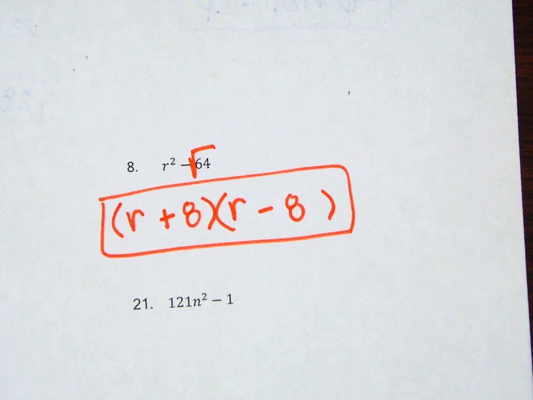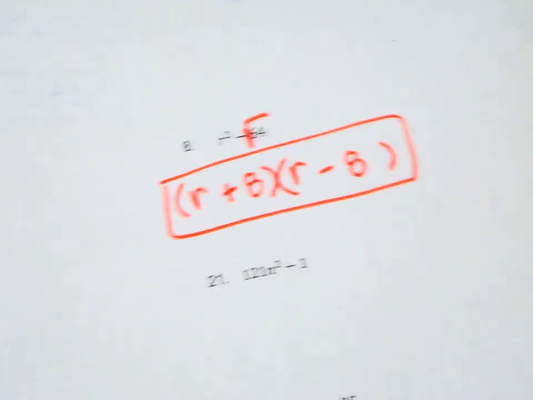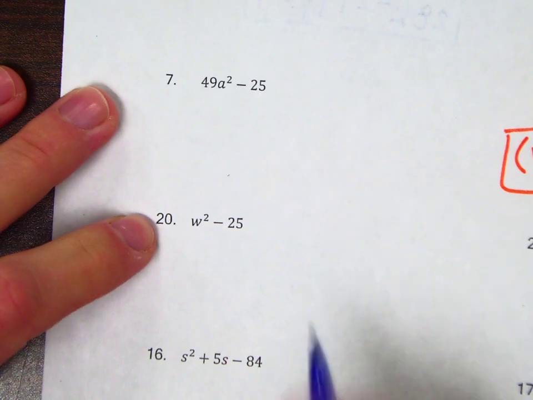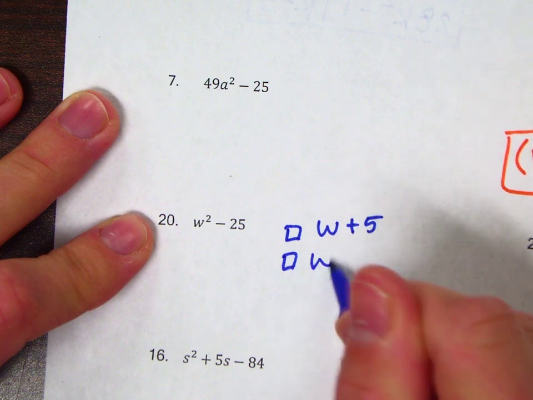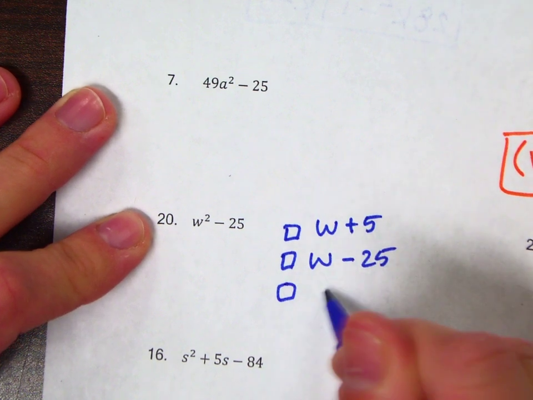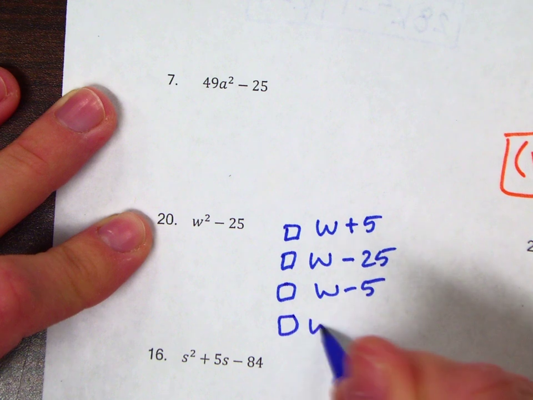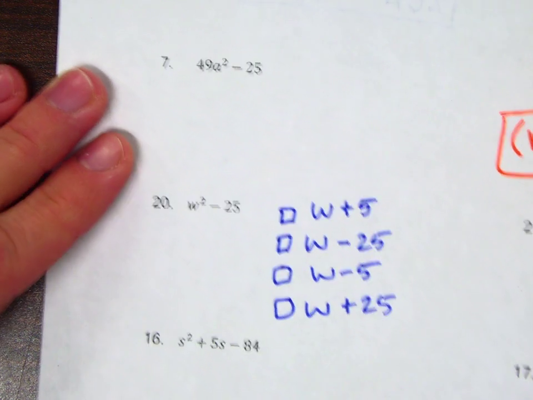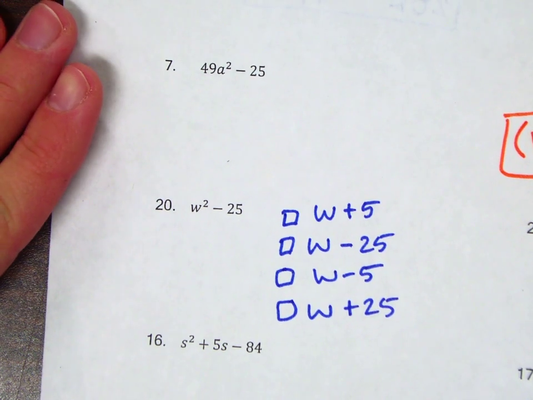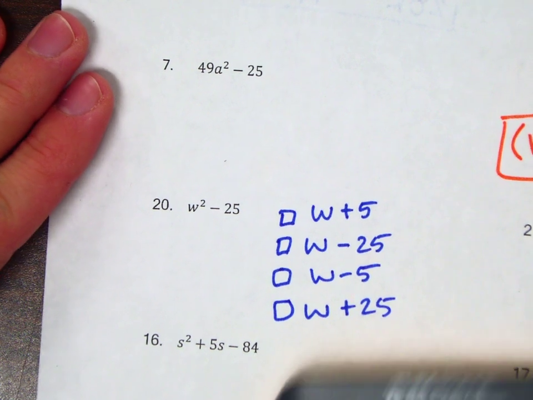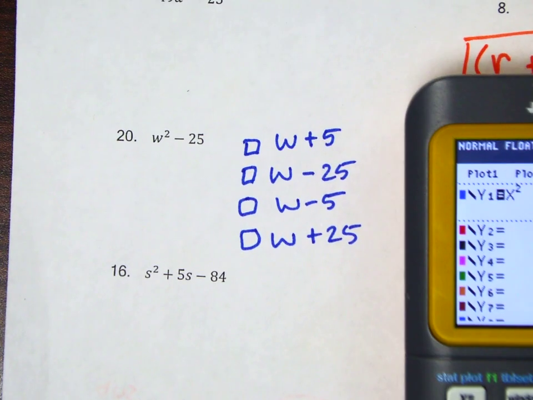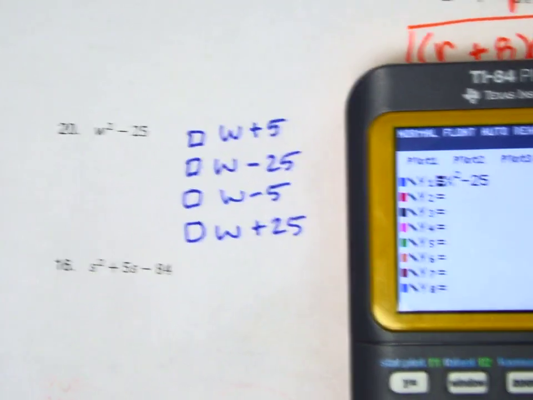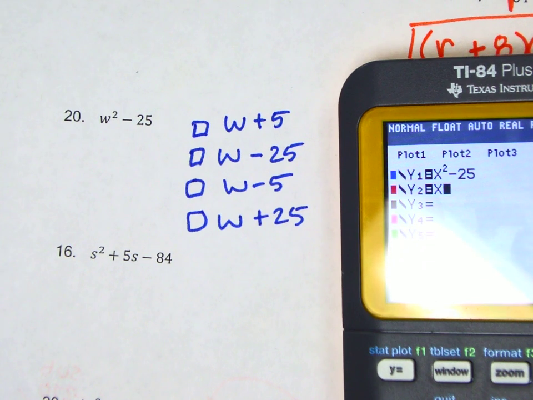There is one question that is going to be a factoring one. So say something like this, and it's going to give you all of these factors. All right, it's going to do something like this, and it's going to say check all that apply. Check everything that's a factor. All right, so what you're going to do is you're going to go into your calculator. You're going to type your problem in, x squared minus 25. You are going to type your answer choice in, x plus 5